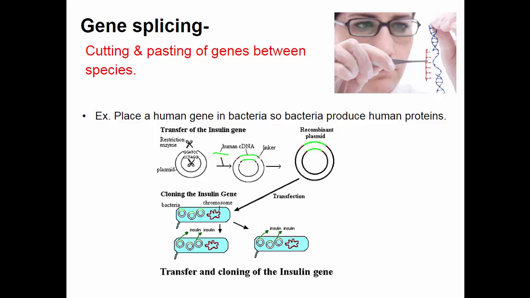Back 30 or 40 years ago, that insulin came from pigs. They would take the pancreas from slaughtered pigs that were used for meat, extract insulin, and that's what diabetic people injected. It worked in humans, but there were some problems with allergies. It didn't work great. So one thing scientists did using genetic engineering is they found in humans the gene,